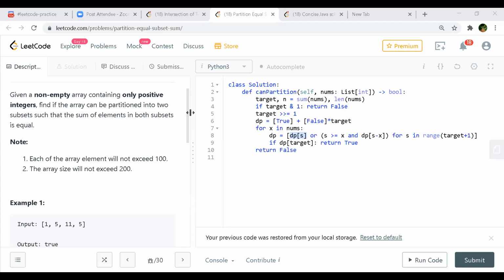So it's a very classical version of the 0-1 knapsack problem. I suggest trying out the 0-1 knapsack problem first, and then this becomes just an extended version of it where you need to figure out sum by 2. That's it, nothing more than that.